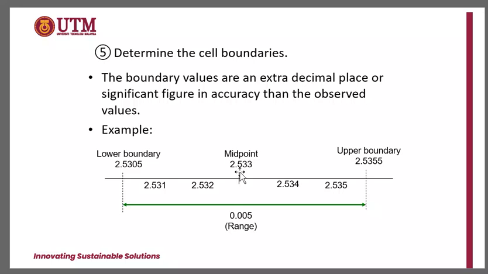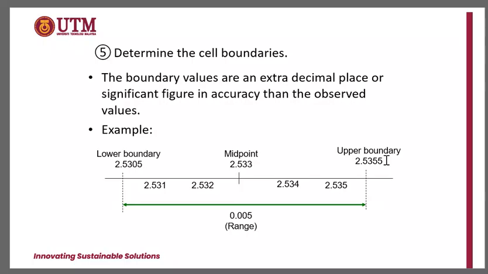So if we divide it by 2, it will be 0.0025. So the midpoint minus 0.0025 will be 0.5305. And the midpoint plus 0.0025 will be 2.5355. So that means we have the I, which is equal to 0.005, splitting it in two parts, okay, divided